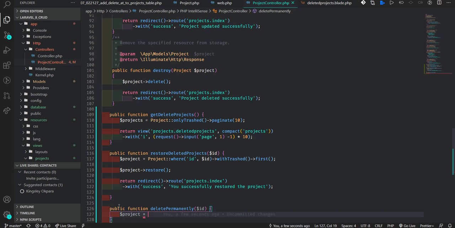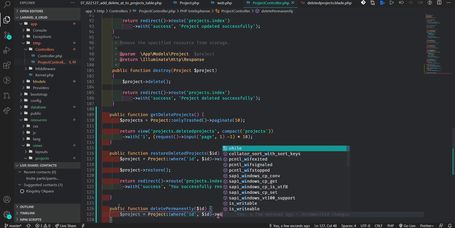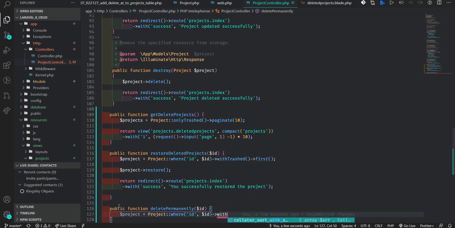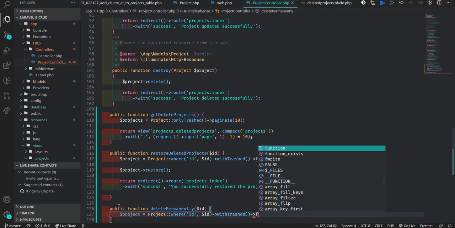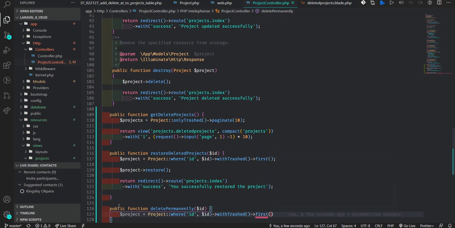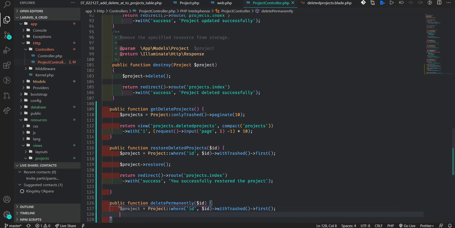We assign it to a variable, project, where the ID is equal to the ID of this. Now, with trashed, we get the first one.